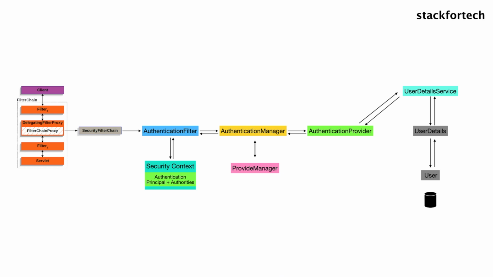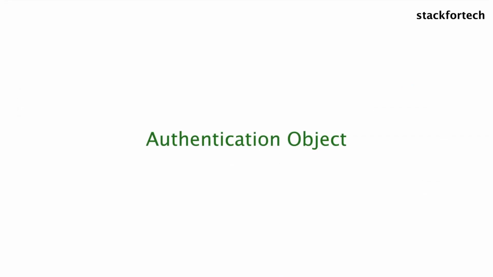So now let us understand some of the important terms used in the diagram. So what is an authentication object? The authentication manager returns this object after a successful authentication, right? And this particular object will consist of two things. One is the principal, that can be a username, password, or the password can also be removed due to security concern or leakage. But the principal will basically hold the user information like username and the credentials. Then the authorities will be having the roles of that user, like what that user is actually allowed to do. So this is what determines the authorization of a particular user. Okay, so this authority is very important in authorization.